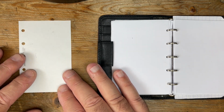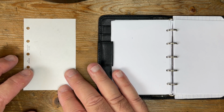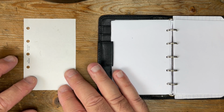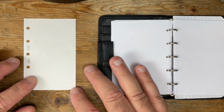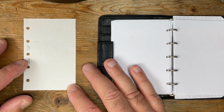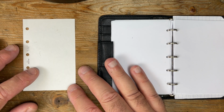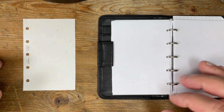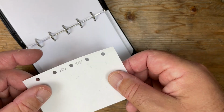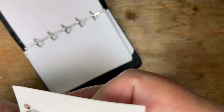Unfortunately, one of the things that puts me off is that I don't seem to be able to get hold of the economy packs of 100 in the mini size. So you are compelled to buy these in very small quantities of either 20 or 30 sheets. Forgive me, I can't remember because I don't use it. But the other thing that I don't like is the fact that, let me just do this. Okay,